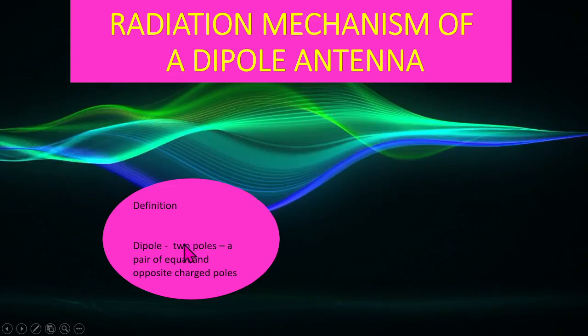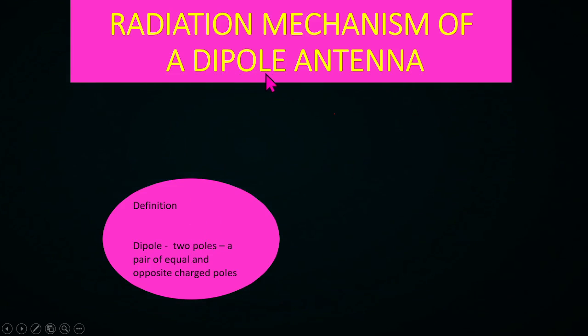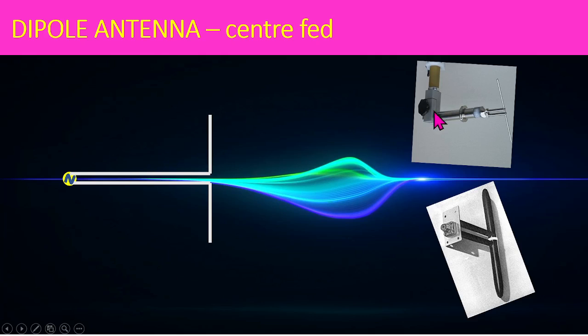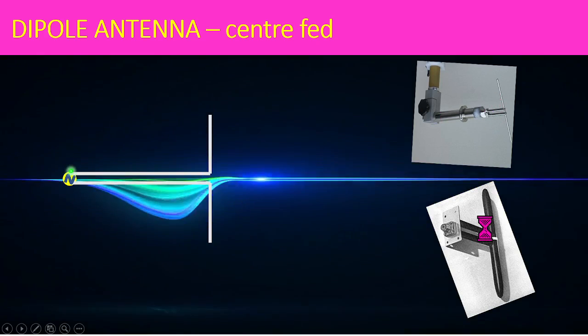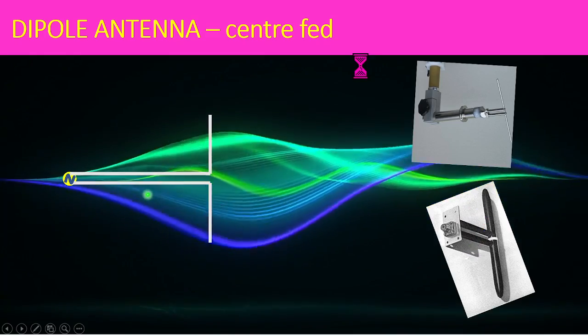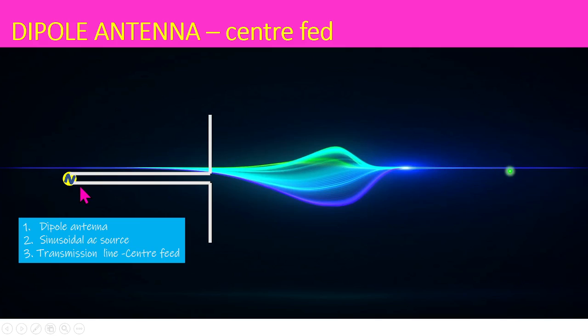Okay, so di means two, so it consists of two poles, that is a pair of equal and opposite charge. And here you can see two dipole antennas, okay, which are center fed. This dipole antenna consists of three elements. The first one is the sinusoidal AC source, the second is the transmission line, and the third one is the